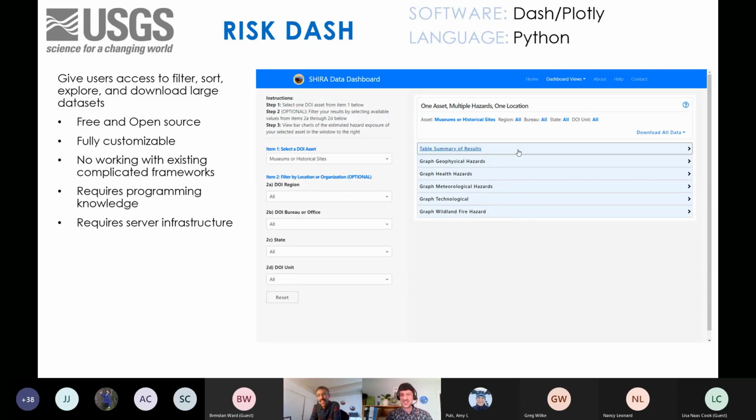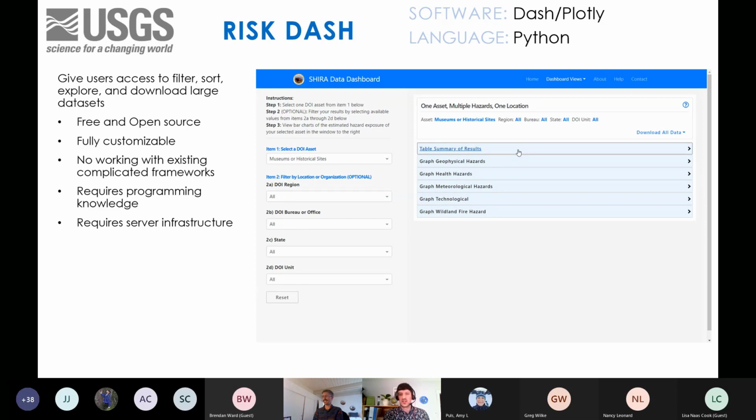Yeah, we're moving on to more of the custom end of things. We call it just a dashboard, but it's very tabular data driven. It's again part of this bigger risk to Department of Interior assets that we're working on, and the users needed an easy access point to get at the raw numerical data, and also understand it in a more streamlined way that was catered toward the data sets they actually needed.